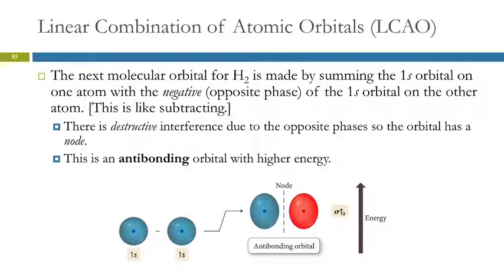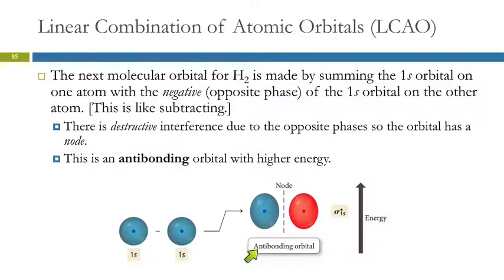We can also add those in a different way. Do you remember constructive and destructive interference of waves, right? So you can think of this as adding the opposite phase or subtracting the same phase. And so the illustration has subtracting. So when you subtract those, you end up with something that looks like this. Here you have one phase on one side, the opposite phase on the other side, and a node in the middle. This is going to be higher in energy than the original atomic orbitals, and so this is called an